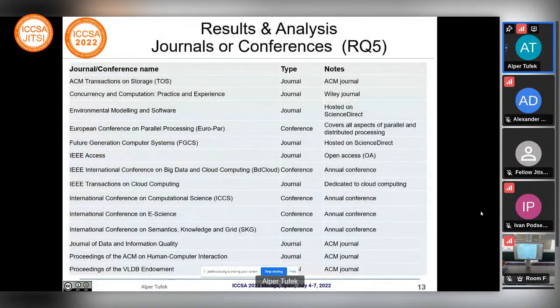Lastly, in this slide, we list the journals or conferences in which relevant studies are published or presented. Since the total number of relevant studies is small, it is reasonable that there is not a clustering on a single journal or conference as expected. Only one paper per journal or conference has been published or presented across all journals and conferences, except for the